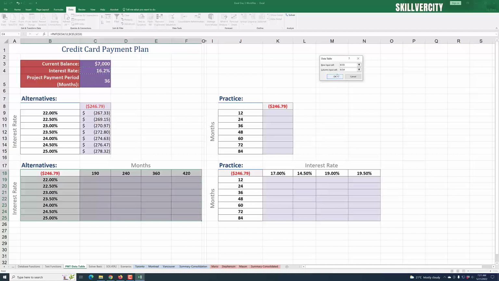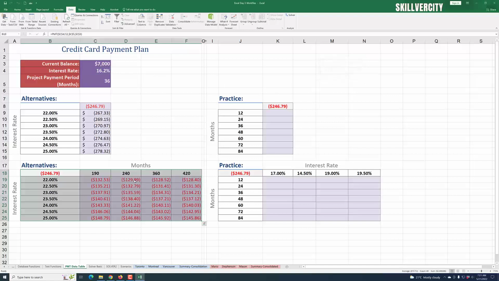Okay, so the row input cell is cell C5, which contains the month, and the column input cell is cell C4, which contains the interest rate. So if we click OK now, we fill the entire table with what if scenarios, what if analysis. What if our interest rate changes for 190 months and it becomes 22%? We'll start paying